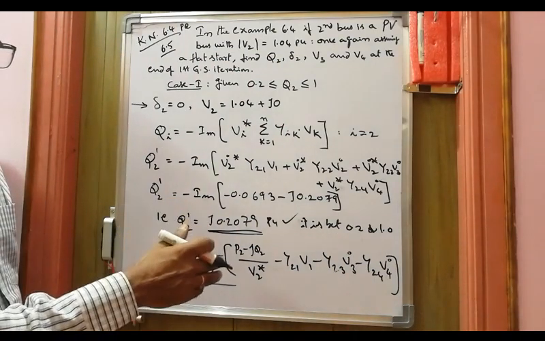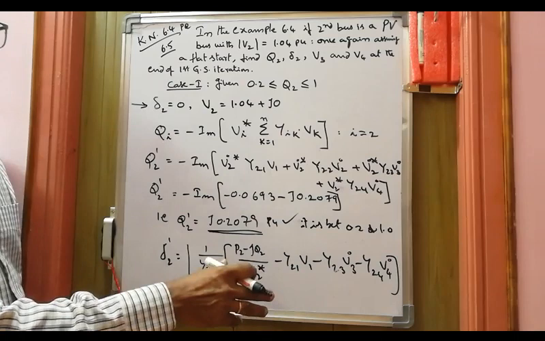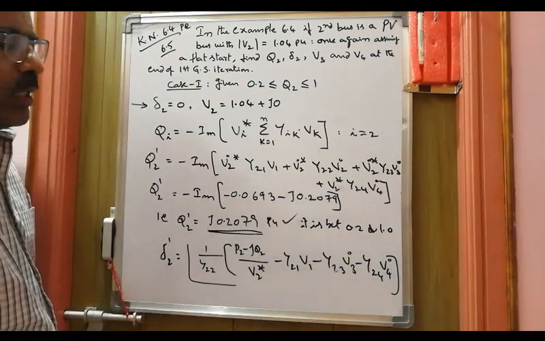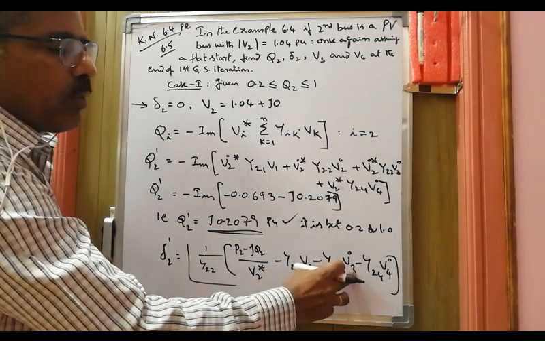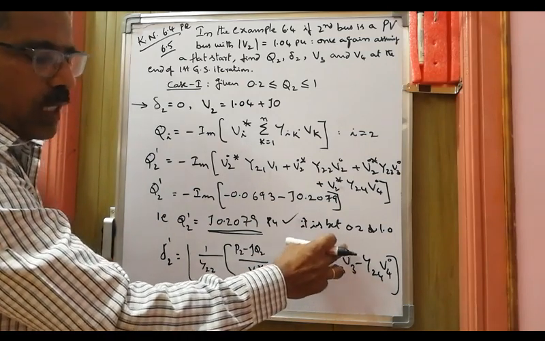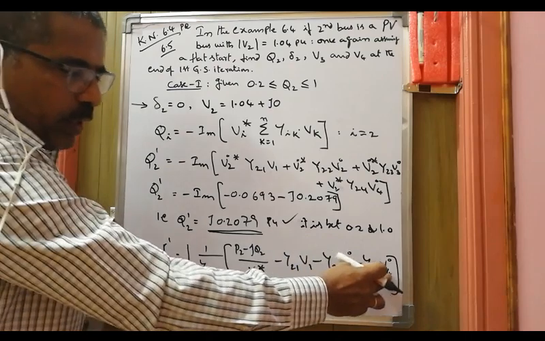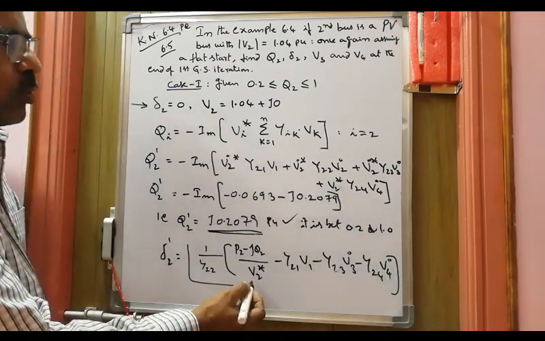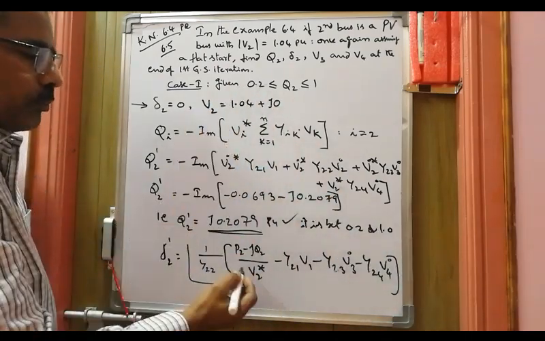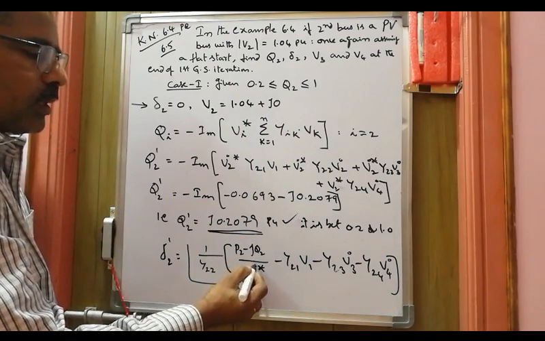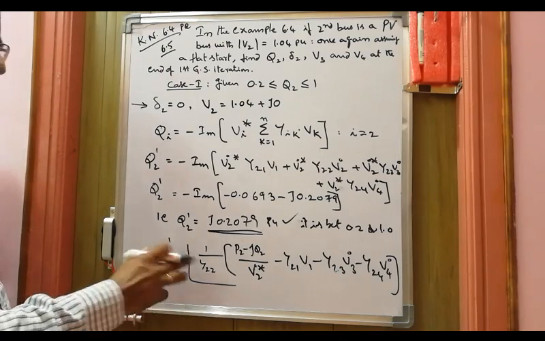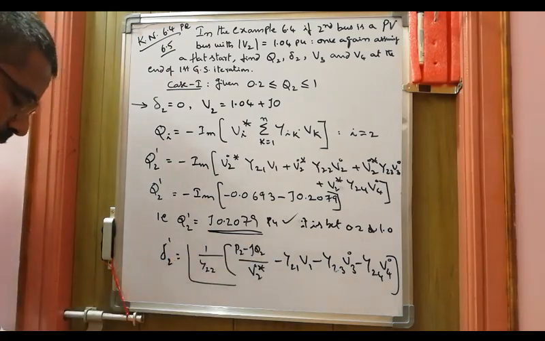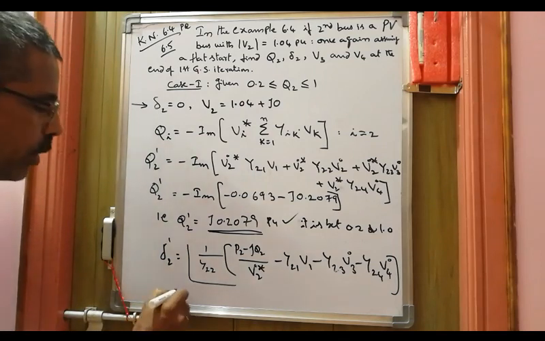So whatever are the latest available values, those are to be substituted. So here V1 is the slack bus voltage, V3 is the initial value, V4 the initial value. Then what about V2? You say this is also given, V2 0. So take the result of the angle of this, which is going to be